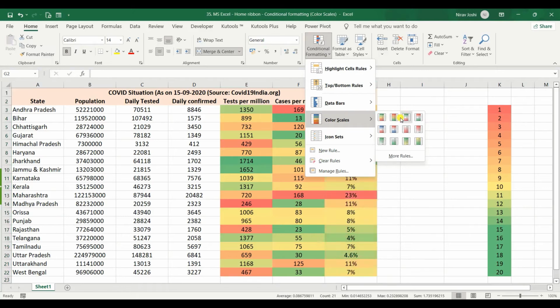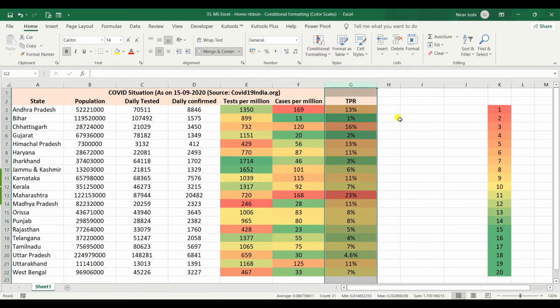If the TPR is high, that's an adverse thing, and lower TPR, test positivity rate, is a good thing. So now, as we have given color coding to all these 3 columns, we can interpret the data based on this outcome. Suppose like here we can see that 23 is the highest TPR in this range.